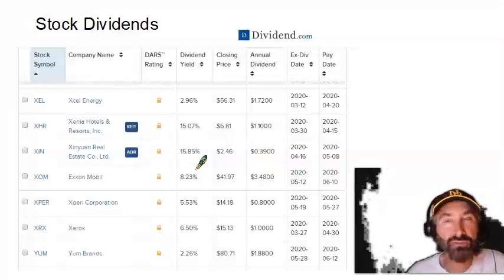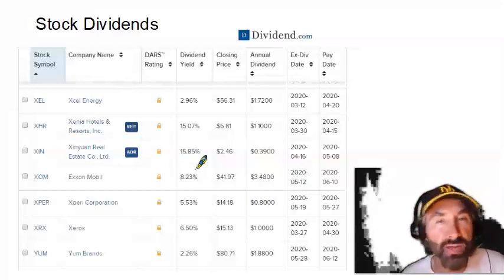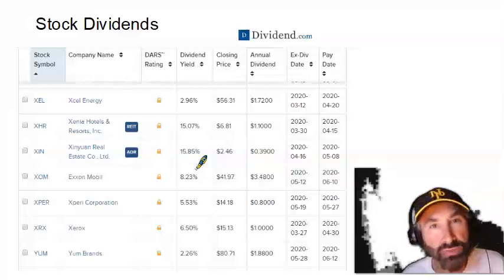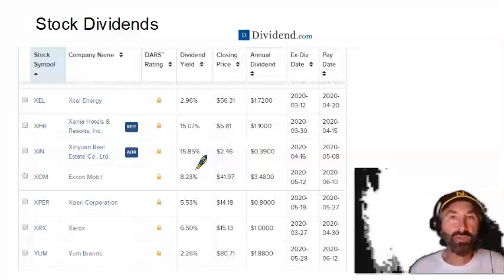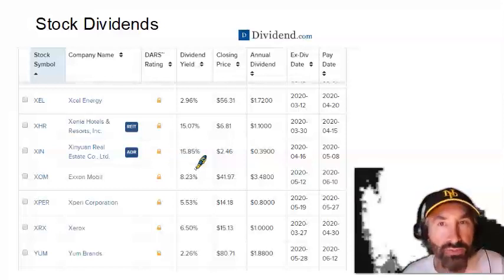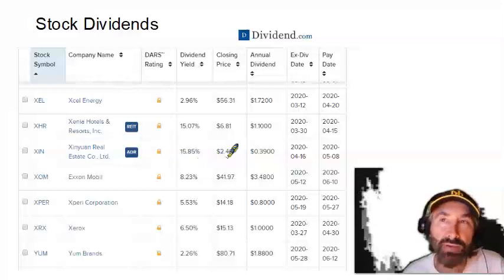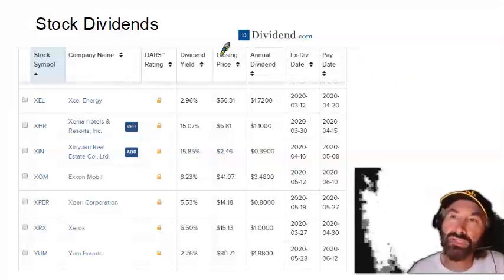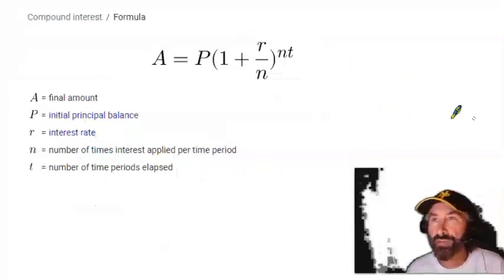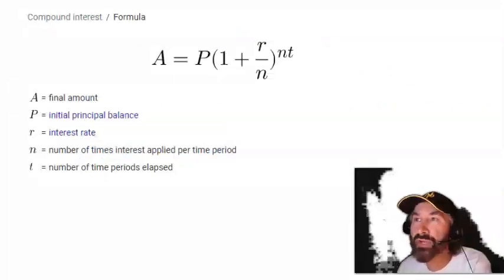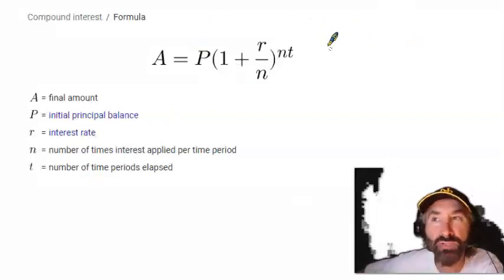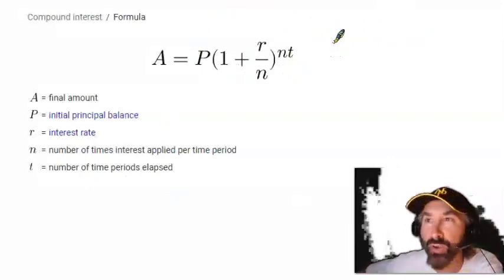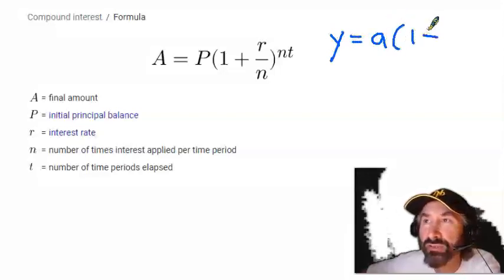So let's imagine that with ExxonMobil, the price of the stock remained about the same, and that they continued to pay 8% return in dividends on the stock. Well, then we could go ahead and do some math on the return on your money, and maybe we could even talk about compound interest. By the way, let's take a look at something here. When we talk about calculating compound interest, there are several factors that are involved. First of all, I want you guys to notice that the formula looks an awful lot like the formula for exponential growth. Exponential growth looked like this, and what we said was